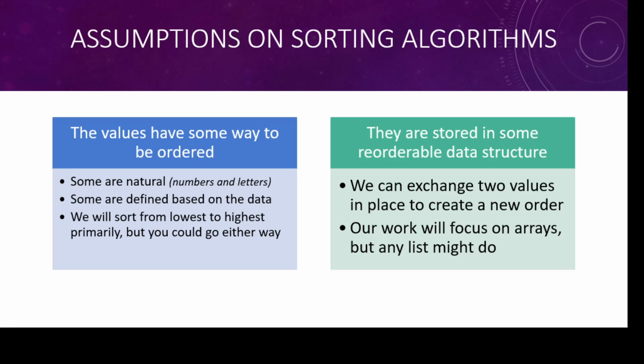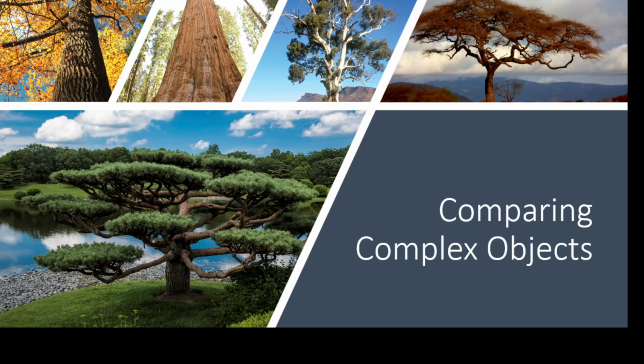So as I said, I can exchange two values and the order still means something. I can't sort a set. Some sets are naturally sorted. Trees naturally sort a set. Maps do not. If I use hashing and hash maps, they don't use a natural order to things. So again, our focus is just on arrays, but theoretically we could use a linked list or something like that as well. So this whole idea of comparison comes to the question of, what if I don't have a number